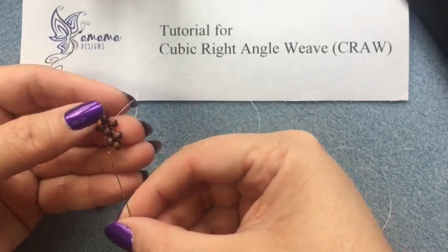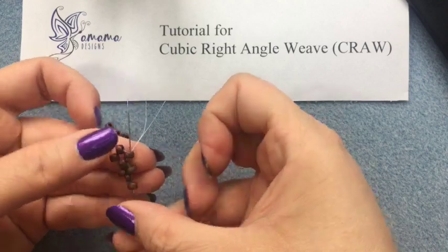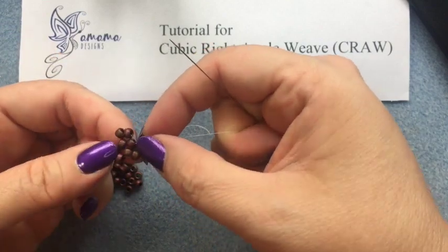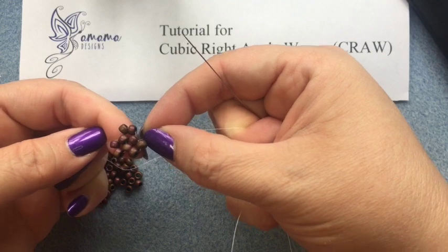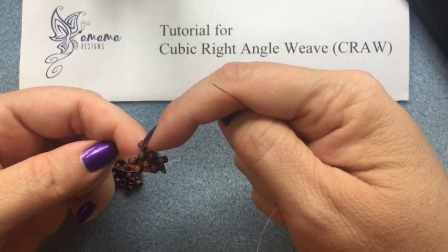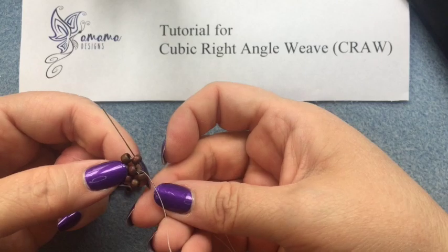So go through the 2, if you think of it this way, go through the 2 that are sticking out on the right and pull. That kind of leaves you with this triangle looking kind of a piece, and you know that your base are these 4 here, so you're going to go through the next one on your base,